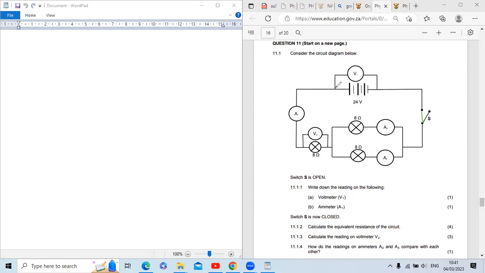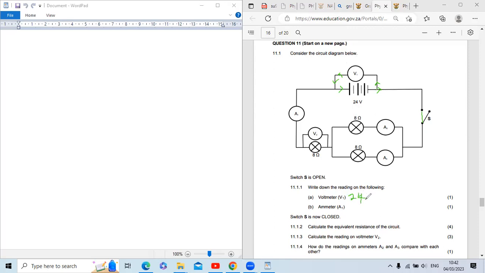what you know is that even though electricity is not going past here, it's not going in this direction, because the switch is open. It is still going up to the voltmeter and back down to the battery. So basically the electricity is just going to go in this small circle. And since they gave you the rating of the battery, which is 24 volts, when they say write down the reading on voltmeter one, it's just going to be 24 volts,